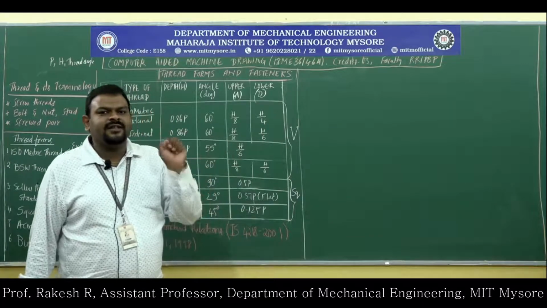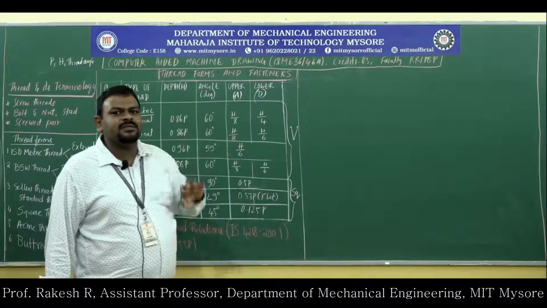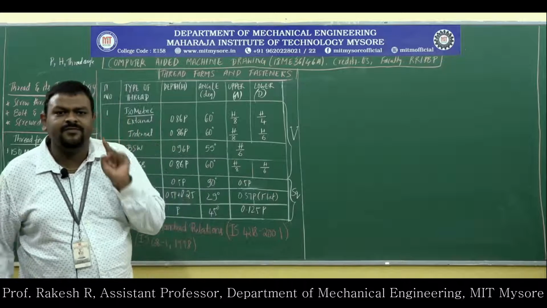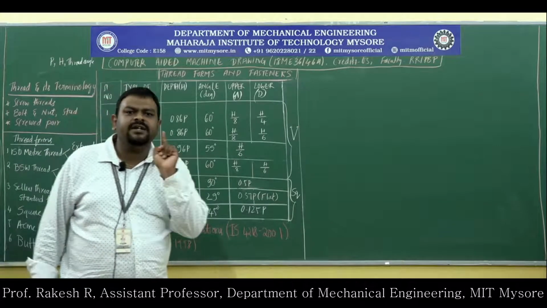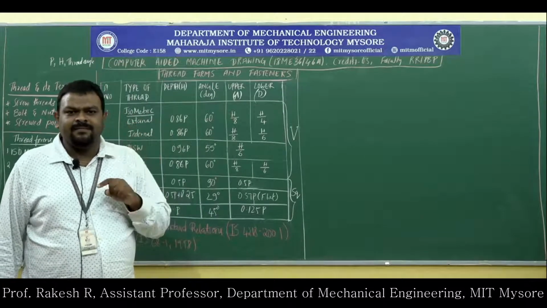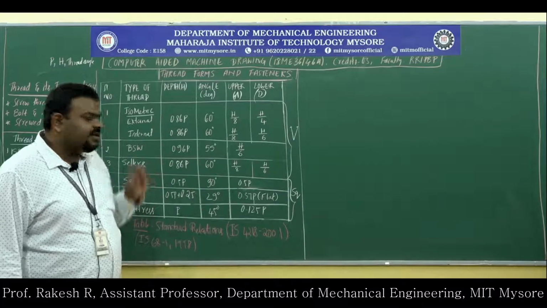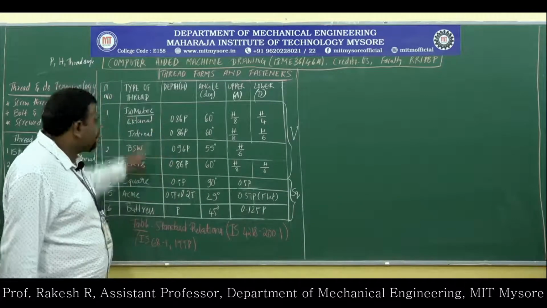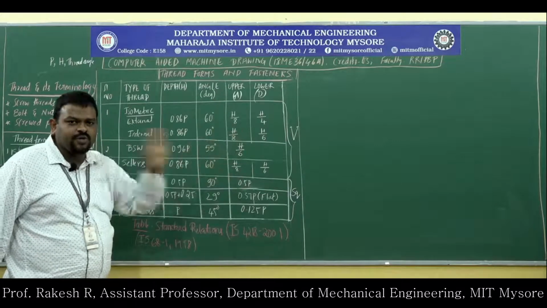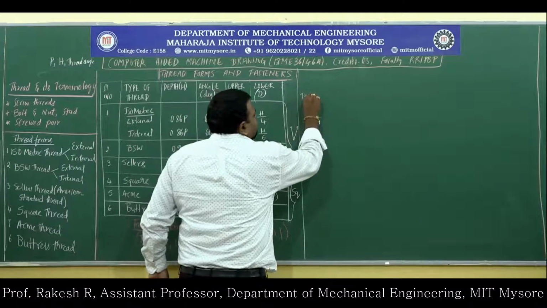First you have to identify the type of thread. Let us see the different drawing profiles of the thread. Before that, you have to identify what type of thread is given: isometric, external or internal. Acme means only one case, it is an external thread. Like that, you have to identify the type of thread, and if you remember the type, you can show these correlations.